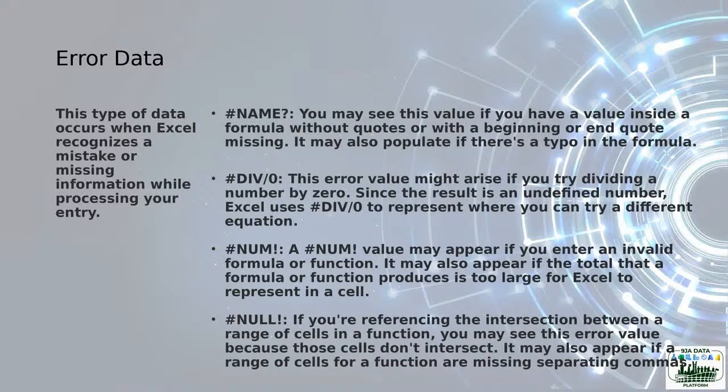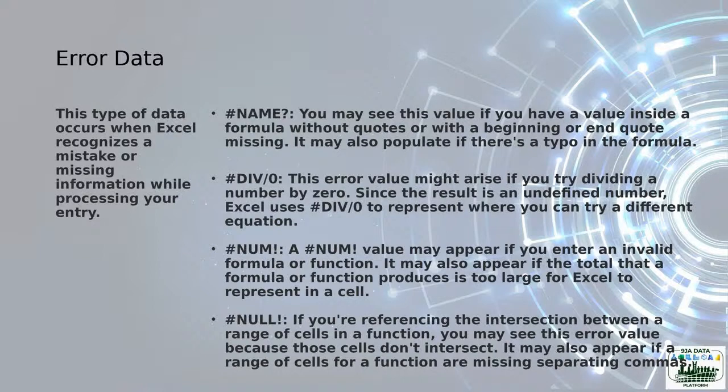So another Excel data that we have is the error data. So what does error mean? All of us know the meaning of error. So once you make a mistake, an error will pop up. So in Excel, we have several errors. But for this training, we're looking into the name error. So on a name error, for example, if we have a typo in our formula in your Excel, we would notice that the name error data would actually display on that particular cell, as well as the division error.